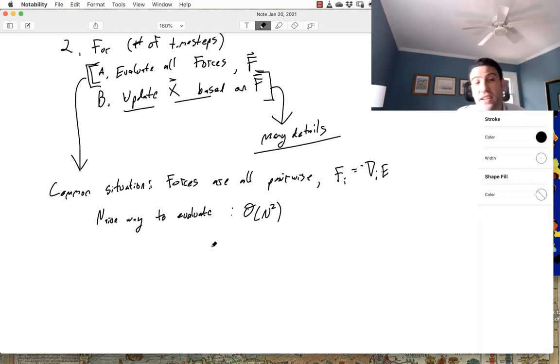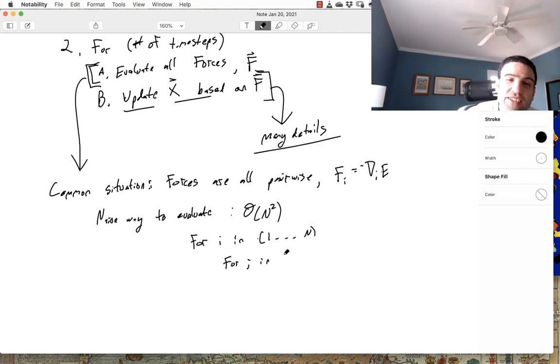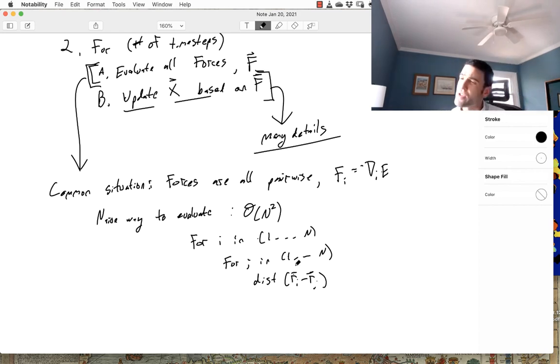That is to say, you might have to do something like for i in 1 to n, and then for j in 1 to n, compute the distance, Ri minus Rj, respecting periodic boundary conditions and doing whatever you do,